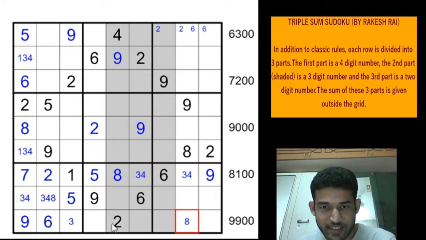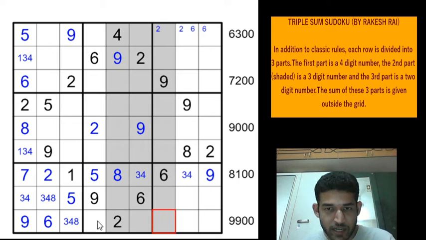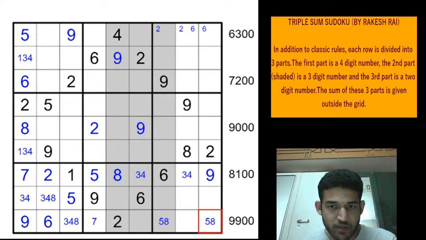Wow, that is a complicated reduction. So we'll revert this pencil mark back to the original one, which will be 348. So if we are not wrong, the digits in the units position should add up to 20, right? So this will be a 578, but 58 is here, so this will be a 7. This will be 58. We'll just make the pencil mark smaller to check if the total is satisfying. Once it's satisfied, we can convert them to the normal size.